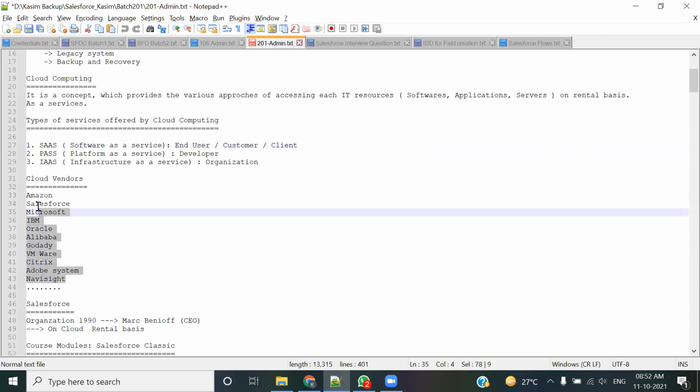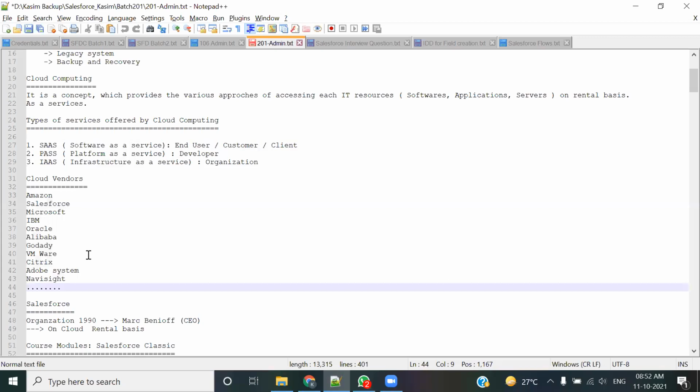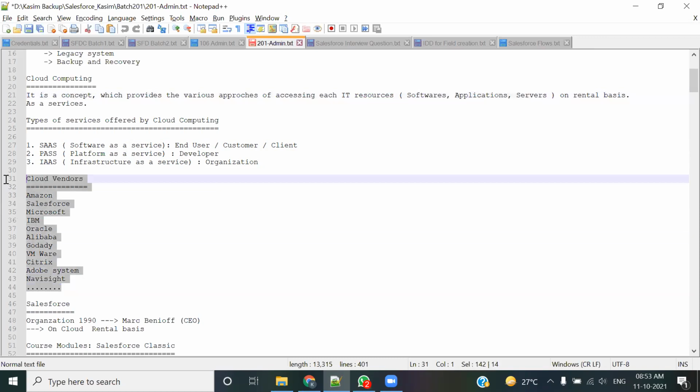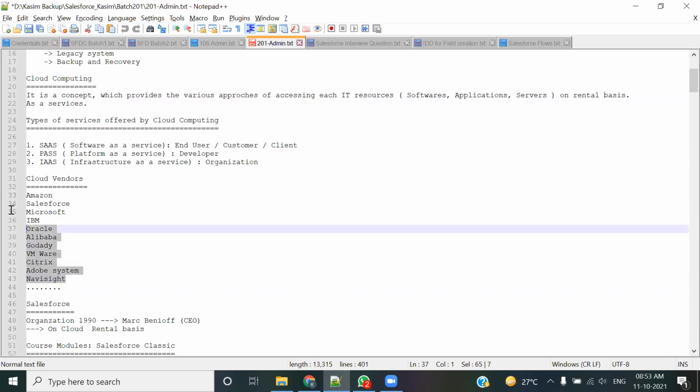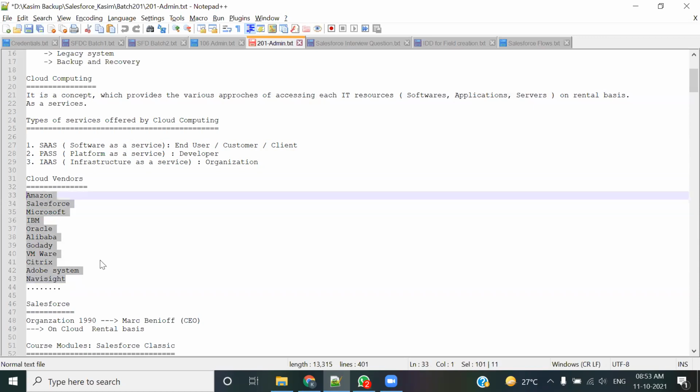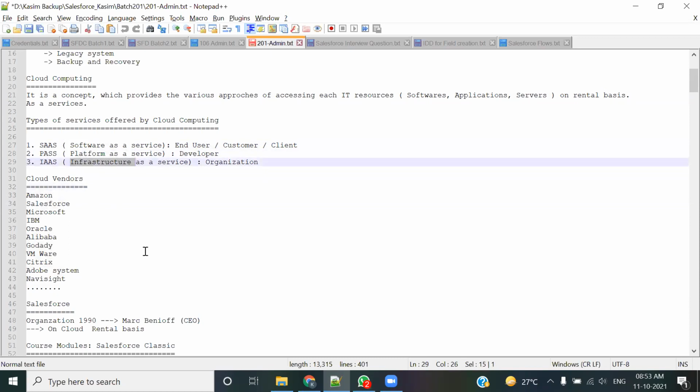Any of the cloud members, these are the members, those who are into the cloud business. These are the people, these are the companies, these are the organizations that could offer you the cloud services. What kind of services? They could offer you software, application, servers, or anything, whatever kind of resource you wanted to have for your business. These guys will offer you on the cloud. They are capable to offer you something on the cloud. They could offer you a software, they could offer you a platform, they could offer you infrastructure. So majorly there are 3 kinds of services: SaaS, PaaS, and IaaS.